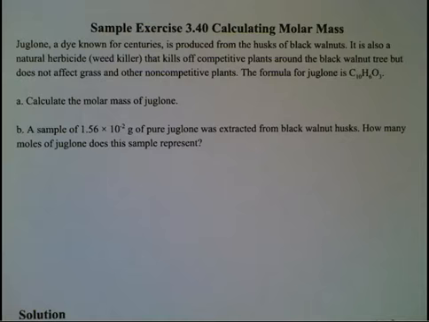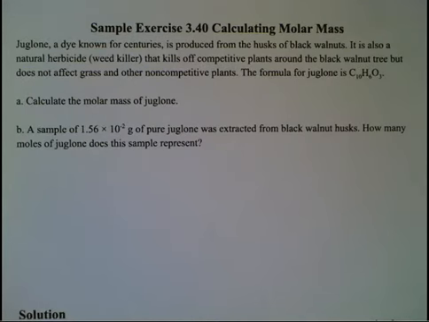All right, AP, here's sample exercise 3.40, calculating molar mass. Juglone is a dye known for centuries. It is produced from the husks of black walnuts. It is also a natural herbicide, meaning a weed killer. And it kills off competitive plants around the black walnut tree, but does not affect the grass or other non-competitive plants. The formula for this substance is